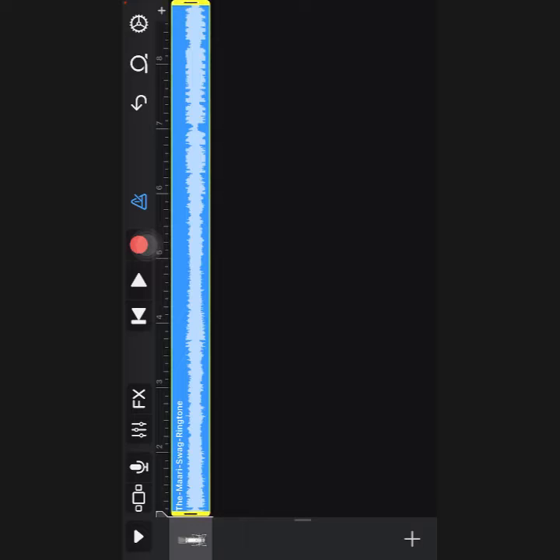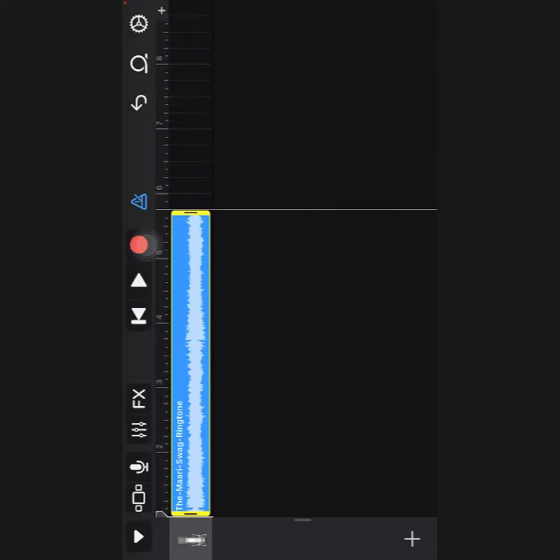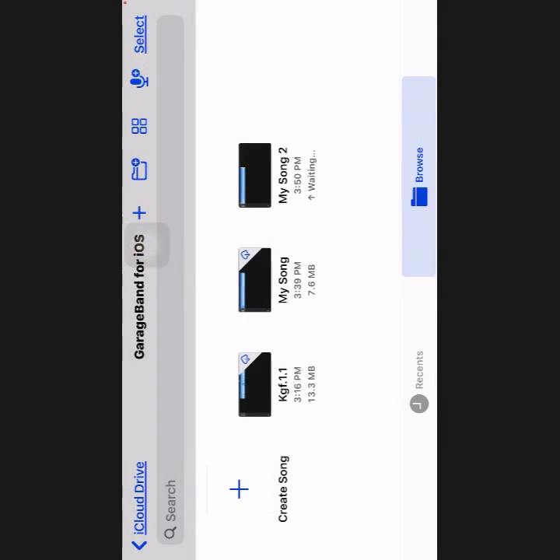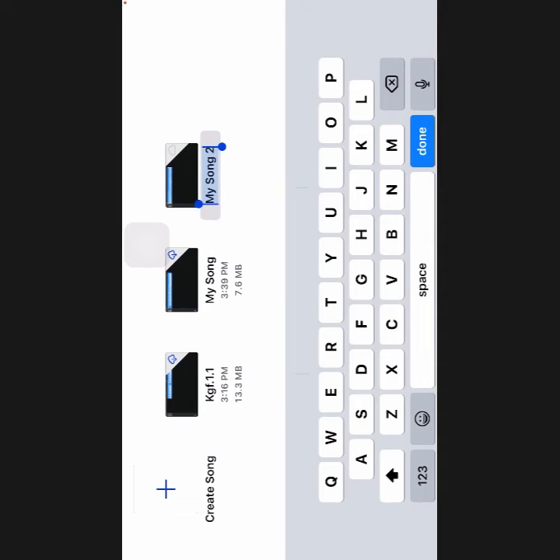Drag that ringtone for at least 20 to 25 seconds, and then after that you have to click on this arrow button here. Click on my song and it will be saved. So if you want to rename it and save it,